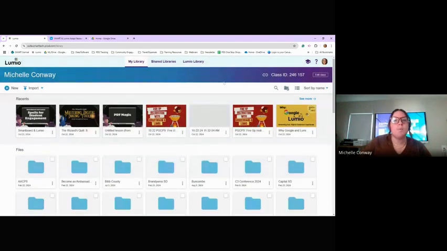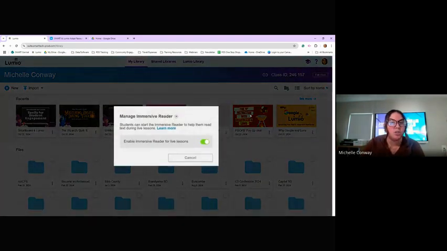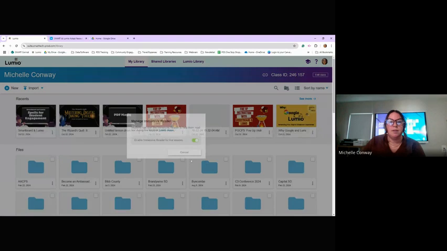Okay, one more thing in edit class that I want to talk about is immersive reader. If that's something that you were interested in having turned on for your students, you want to make sure that's swiped on. Sometimes I work with some Spanish teachers, world language teachers, and they're like, I don't want them to be able to translate the text on the page. You have that choice to turn that off, okay? If it's gray already, that means it's off. If it's green, it's on. All right,